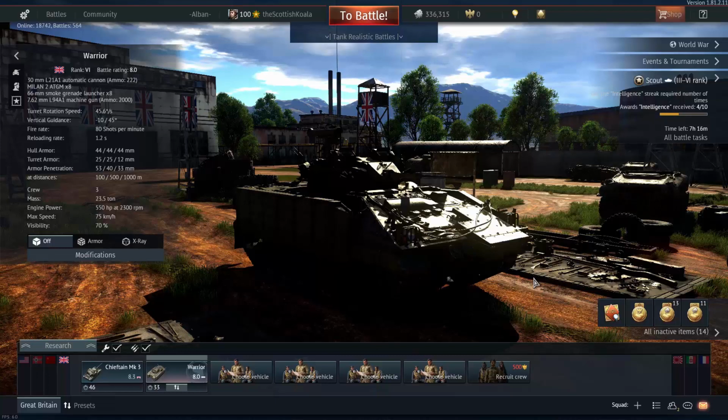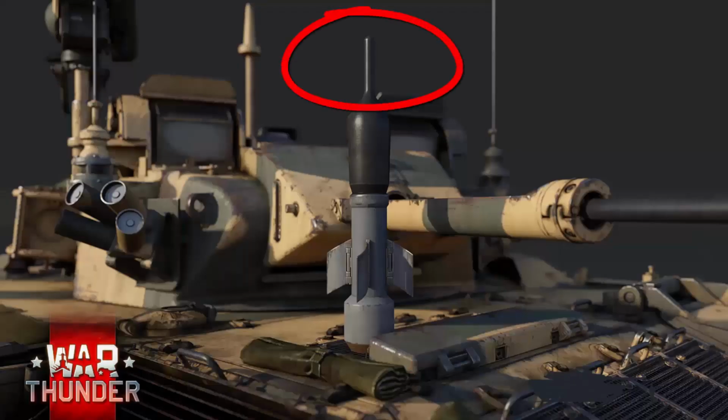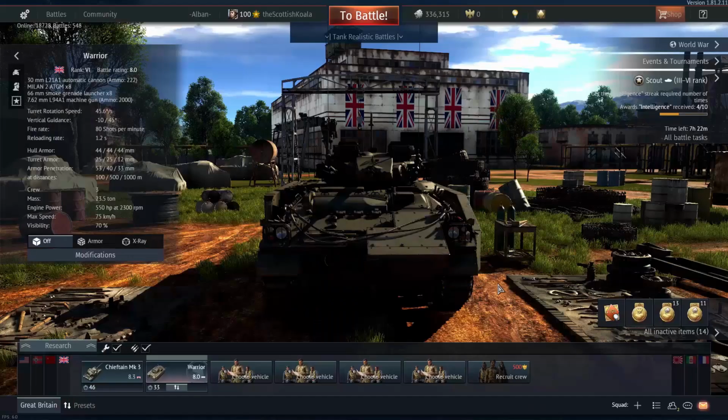You trade something to gain something else. Here's the thing though. This little section on the end of the Milan 2 ATGM is known as a standoff probe, and effectively what it was designed to do is defeat explosive reactive armor before the missile itself touched it. For the sake of keeping things short, because a standoff probe could probably do with a video all of itself, basically what you need to know is that the standoff probe on the Milan 2 gives it an extra 200mm